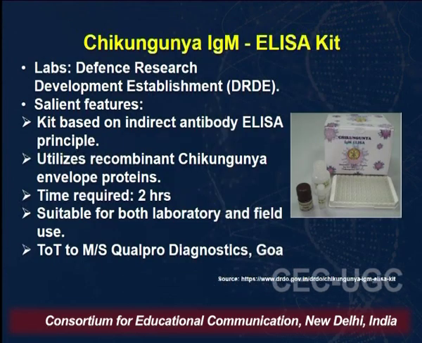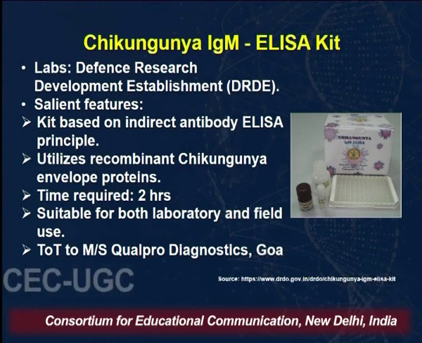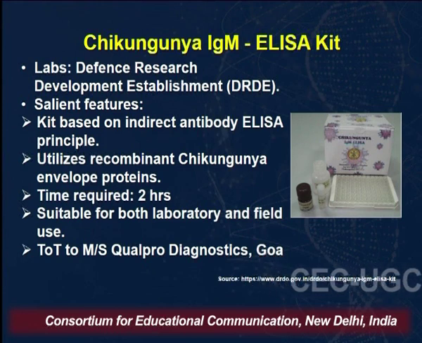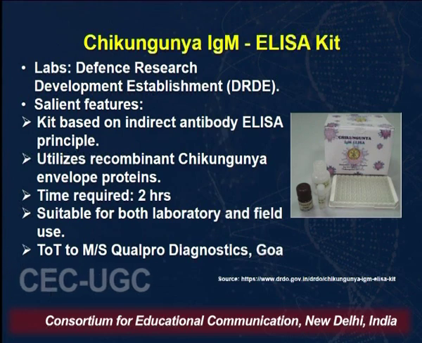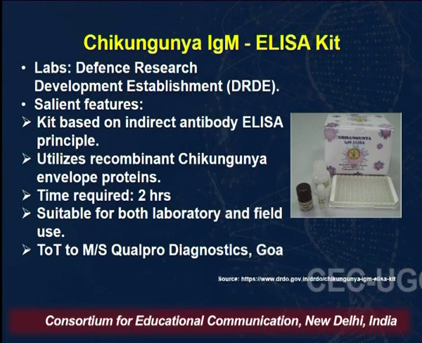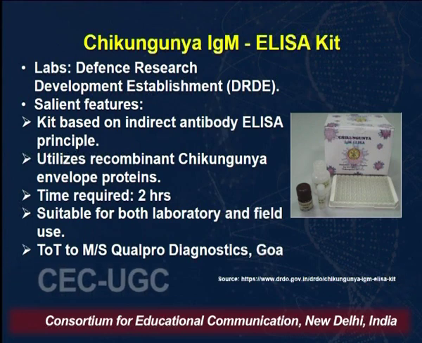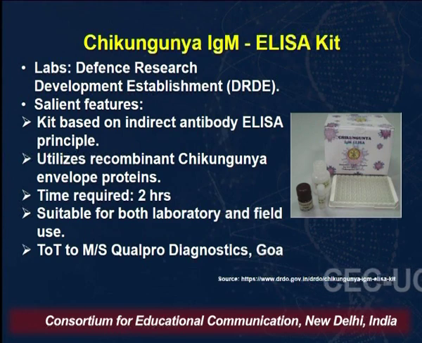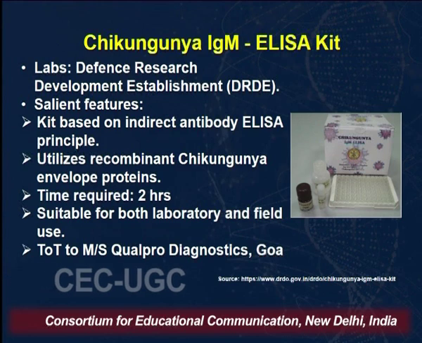Now, there are various IgM kits which have been released. One of the kits which I have shown over here has been released by the Defence Research and Development Establishment, DRDE of DRDO India. The salient features of this particular kit: this is based on the indirect antibody ELISA principle. It utilizes the recombinant chikungunya envelope proteins. The time required is generally 2 hours,